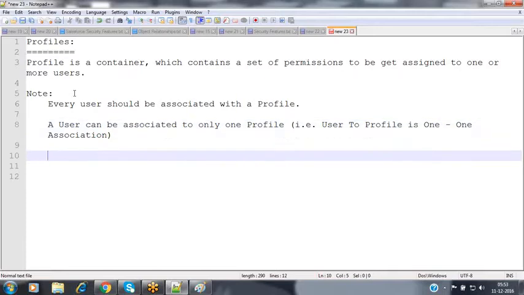Now assume that for the sales people, I want to make only the sales application and some custom objects visible. Now I have only one salesperson. For that salesperson, I want to make the sales application and some custom objects visible, so I have created a profile and assigned this profile to the salesperson. Now he is getting access to only the sales related functionality inside my Salesforce.